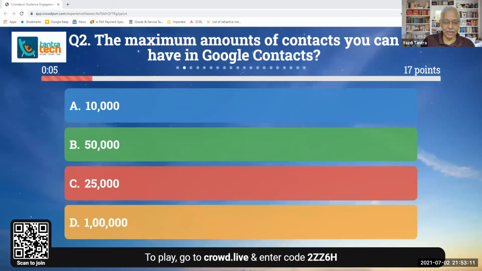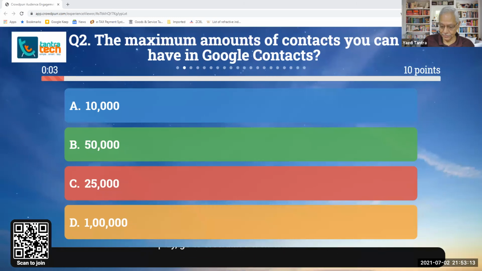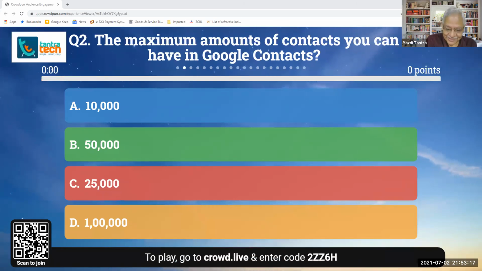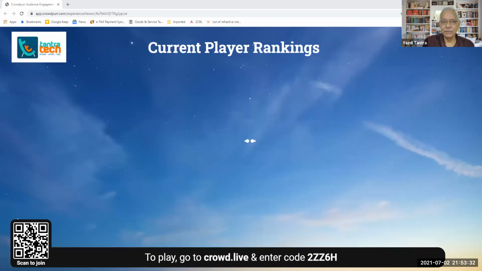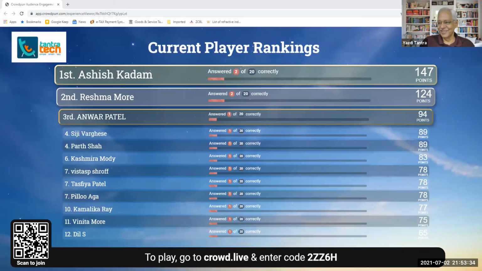Is it 1 lakh? How many? Yes. What is the right answer? So 12 people have given the right answer. So I guess people are listening when I'm talking. Okay, so